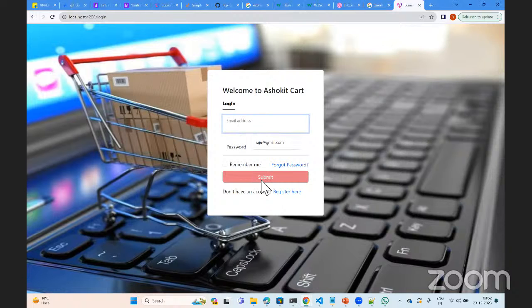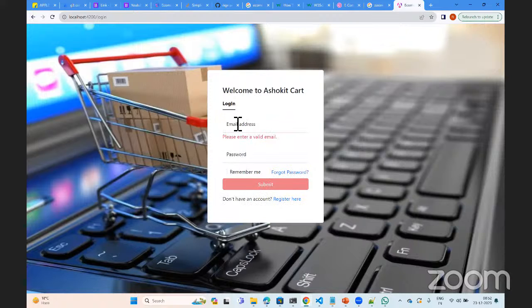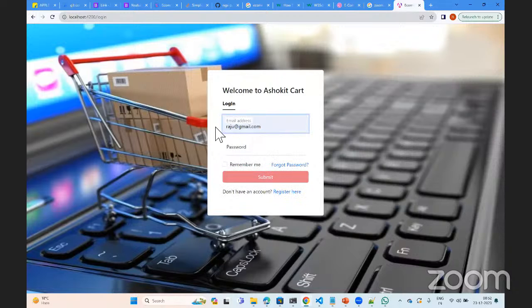By default, we have disabled the submit button because we have not entered any input. If I touch the box and come out of it, it displays please enter a valid email. If I enter an email, that error is gone, right?